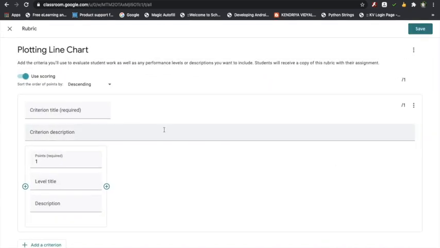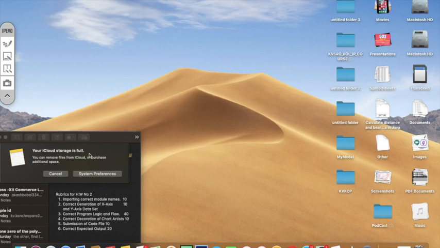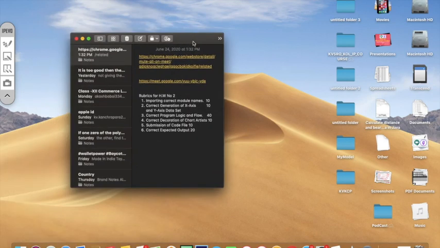So I am going to create that rubric. Click on the rubric. Now the rubric caption is asked. Remember that we have 100 points on this assignment, so according to that we have to divide the marks as per the different rubrics. Now let me show you what I have done. This is a rubric that I have created earlier for this particular homework, so I will just copy and paste. You will also design this rubric beforehand, right? So now let us come back.